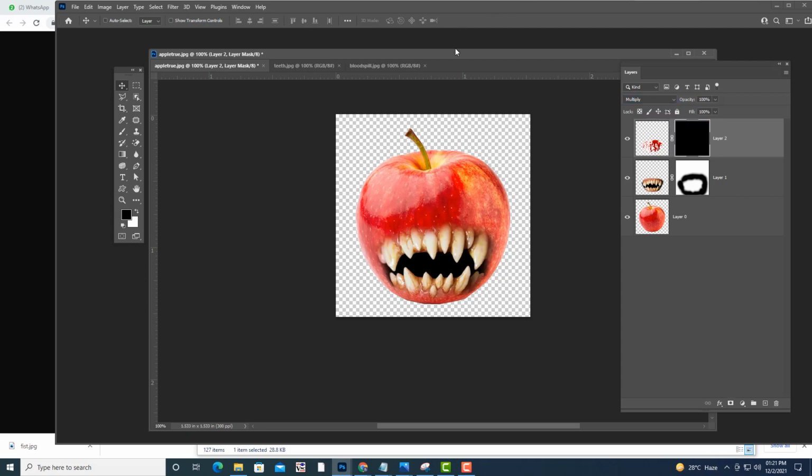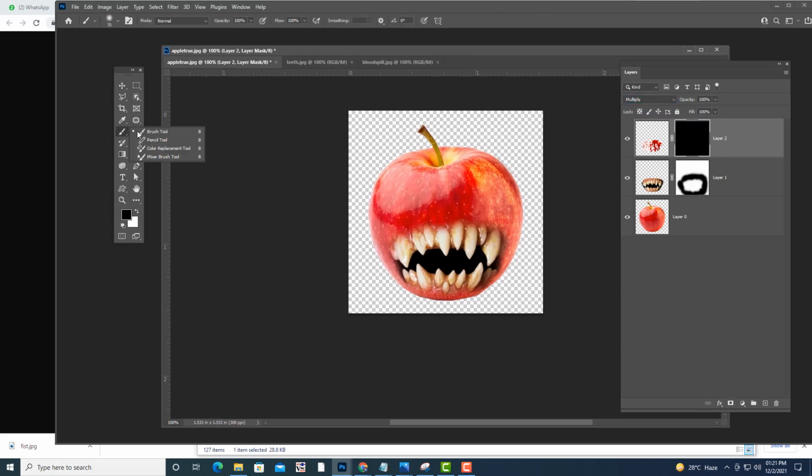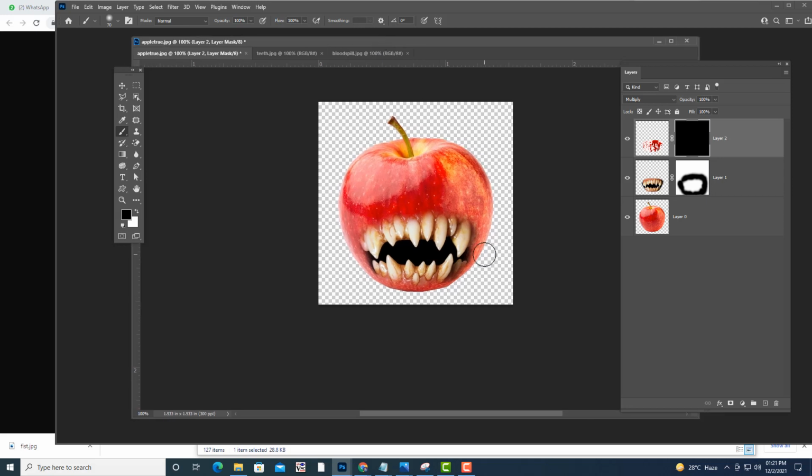Okay, hide all mask, and then we'll just add blood on some places. Okay, not everywhere. So something like this. So now the blood is only on some places.